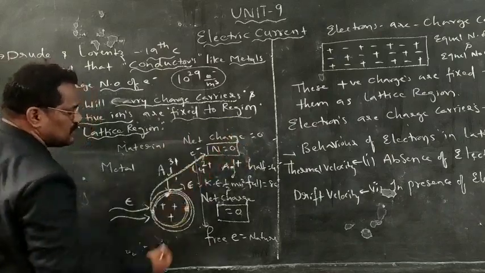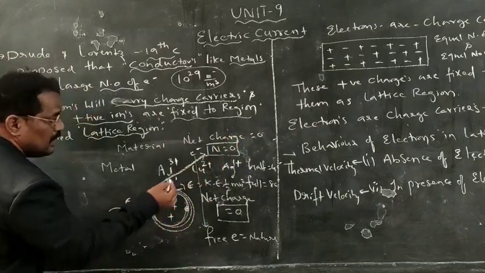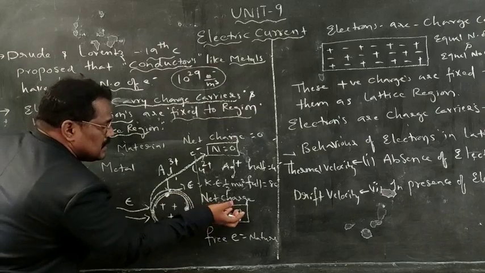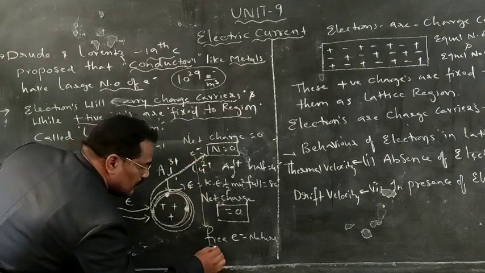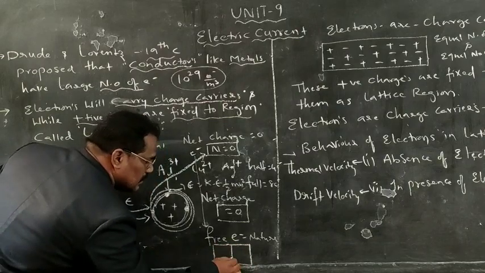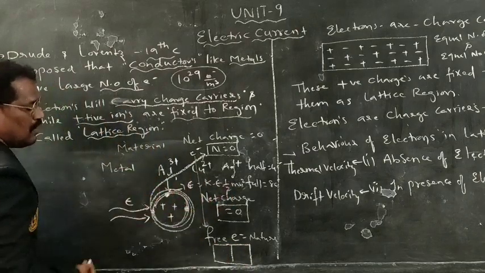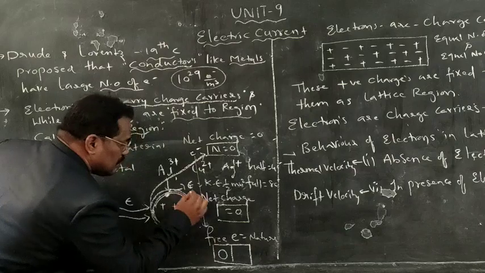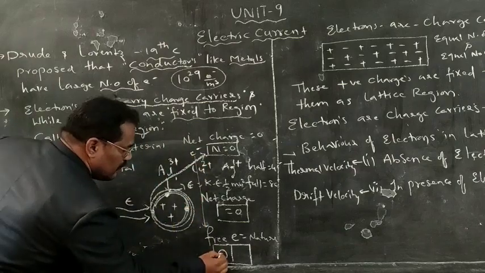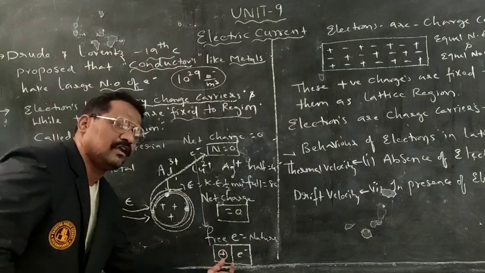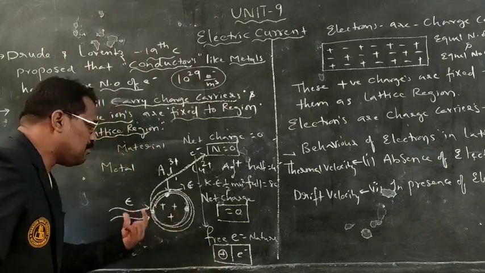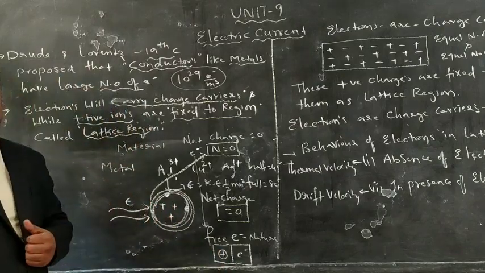As it is skipping off outside, what happened there? It will have now what? Net charge is equal to 0 before applying energy. After applying energy, then what happened? The net charge will be divided into two components. Because electrons have skipped off, there will be a positive charge and a negative charge. In this way, every electron, by applying a certain quantity of energy,